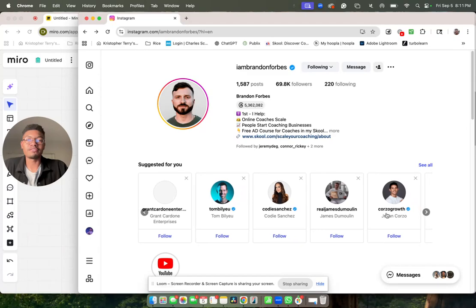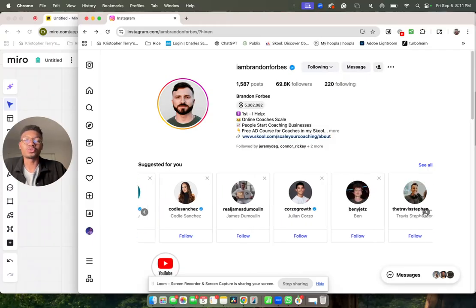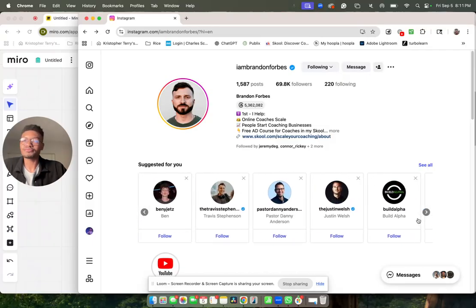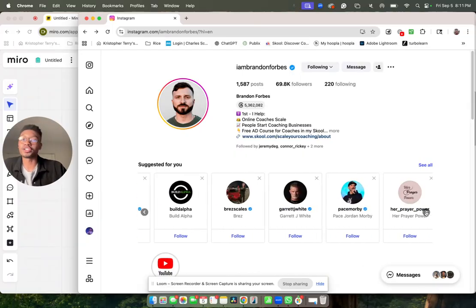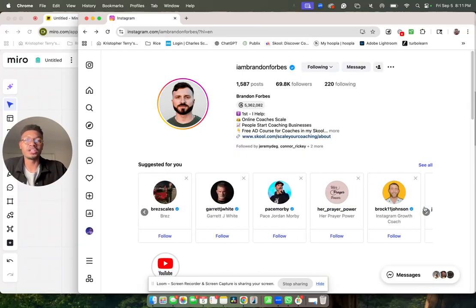So if your name is not available, you can definitely just add an "I am," a "the," a "real," an underscore, or "official." If you're a pastor, you can add your title. If you're a doctor or a nurse, you can add your title. You can have your credentials in the name. See the Brock 11, the numbers are fine, but ideally, if your name is available, you can try to